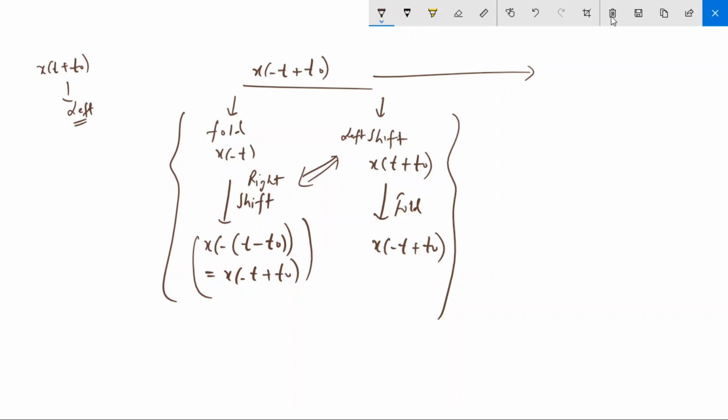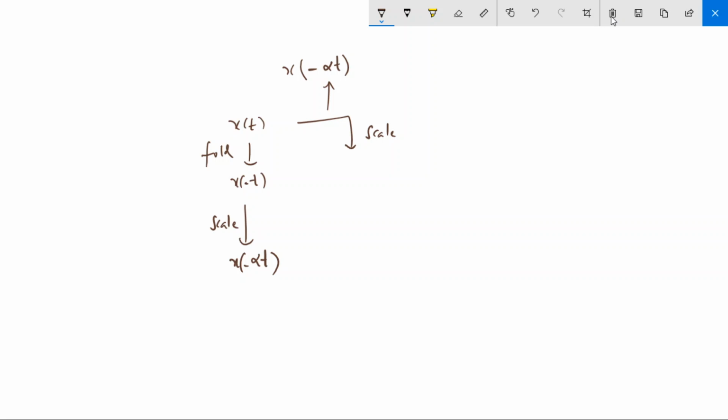Okay, so you first shift it to the left. If it is plus t naught, shift to the left. It is minus t naught, shift to the right, and then fold it. You will get x of minus t plus t naught, or x of minus t naught. Okay, similarly in any other case,